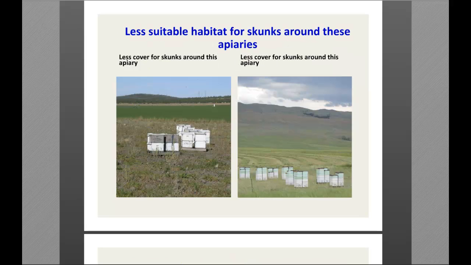When you look at that as opposed to a scene like this, here we have a situation with bees on pallets. This is Central Oregon. But you notice that it's really open for a long ways around here. Probably less cover for wildlife to hide. Plus some say that the pallets actually help to deter skunk activity. I haven't tried that particularly. But in this case on the right also you'll see that there's really not very good hiding places around the hive. So that may help to some extent alleviate a skunk problem.